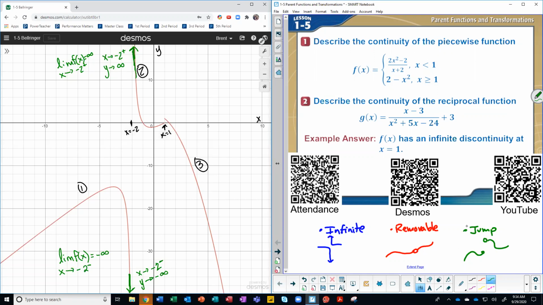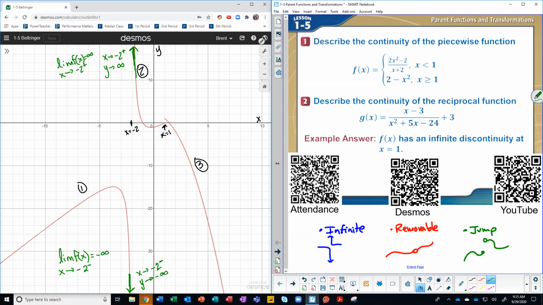Now, looking at these three types of discontinuities I drew on the right, what does our graph match? Is it going to infinities? Does it look like one little open circle, but the rest of the graph connected? Or does it look like it's jumped? What has happened at -2? Infinite. It's an infinite. Because the graph is going, the y values are going to infinities, this one negative, this one positive, it's an